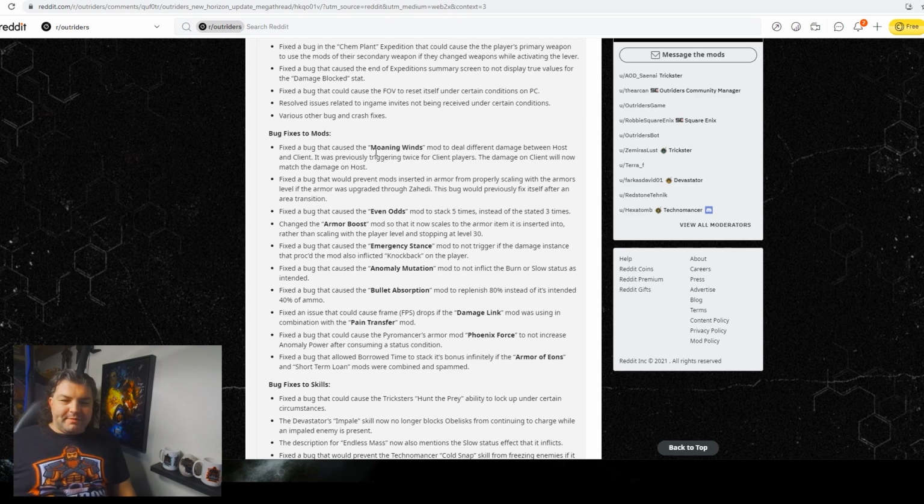And I thought, oh, maybe I'm just not playing it right. But it seems like this was definitely a bug that was occurring. With that being said, with some of the other Moaning Wind changes, I don't think people are going to be using Moaning Winds nearly as much. So these two things combined, if you're a host like me, you probably won't notice as much of the damage decrease, but if you're a client that connects to somebody else, you'll probably notice a huge drop in Moaning Wind's